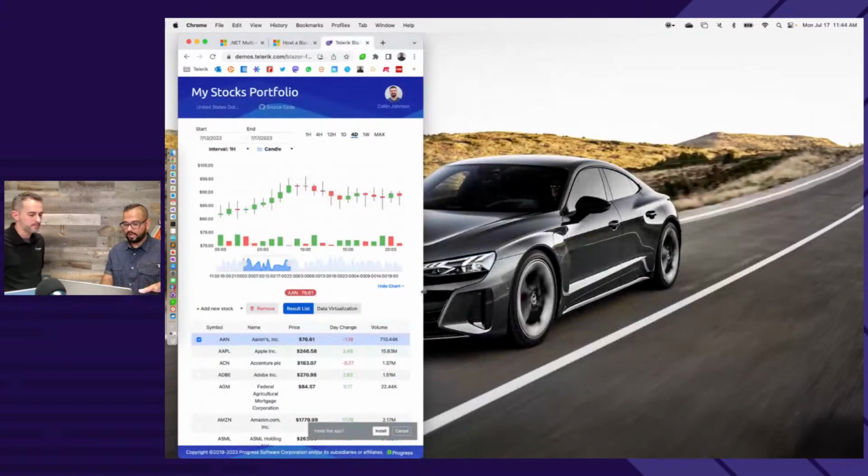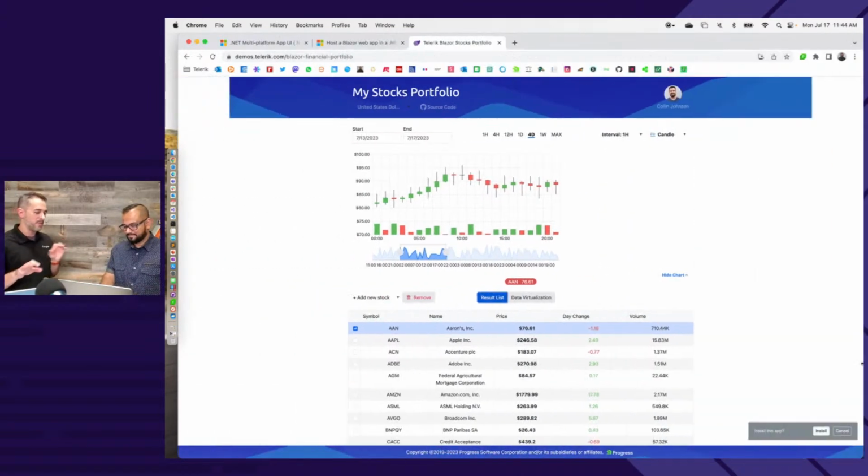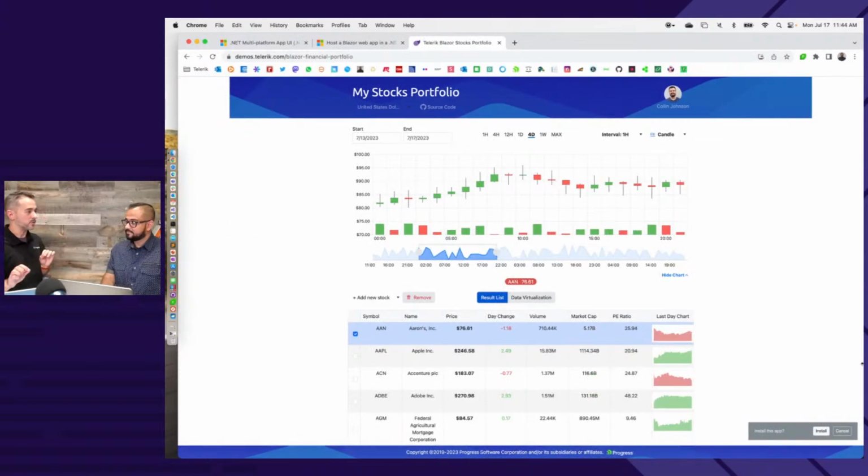So all of our UI components work just fine for PWAs because PWAs are essentially web apps. I'm going to make a point to differentiate two things here real quick, though. You can take your Blazor app and run it as a PWA. It's very desktop-like, but it's still not as fast as a Maui app.